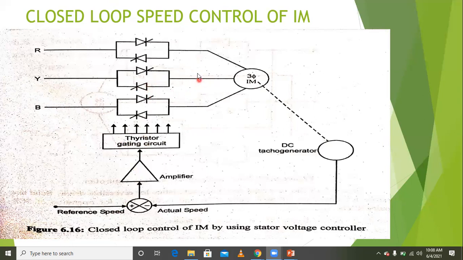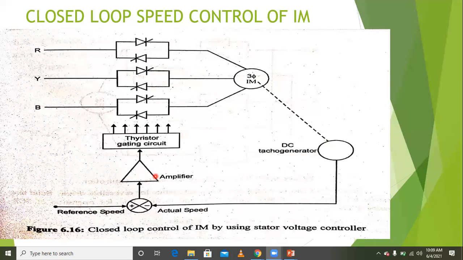Is this clear? The motor torque developed is equal to the load torque. So in a high gain feedback system, the desired speed can be maintained, and there is no necessity for the motor to have flat speed torque characteristics. Remember, try to understand the concept.